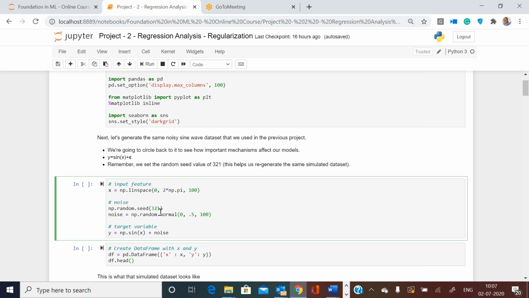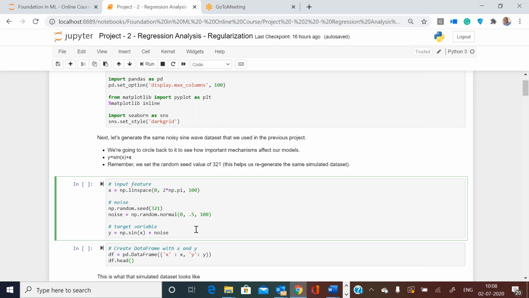We picked up some values that are distributed in a normal way, a bell curve, and we decided that they should be very cohesive, with the mean of those 100 data points being 0 and standard deviation 0.5. So we created another array called noise. So 100 values have been created in very closely aligned numbers. Then we created y using sin x plus noise, and we now have the input feature x in an array and actual y in another array of 100 values.